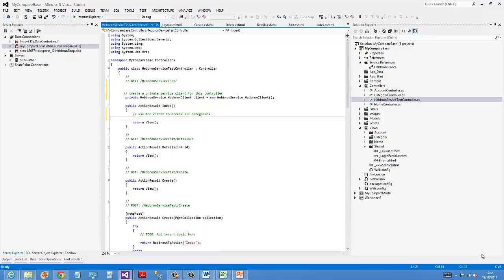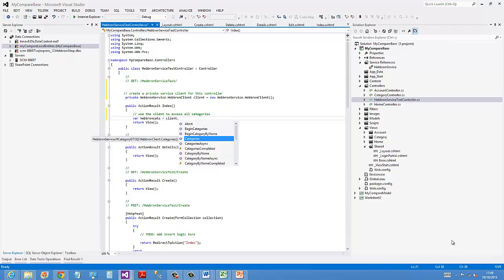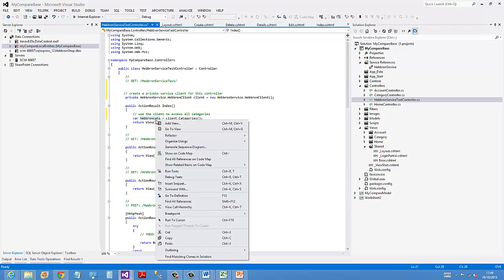So what I'm now going to do is use the client to access all categories. So I need a local variable. I'll call it Hebron categories. And into that Hebron categories, I'm going to put a collection of categories that have been drawn down from the web service as represented by the client via the categories method. A moment will come when I will actually want the user to be able to see those. So I'm going to send that model